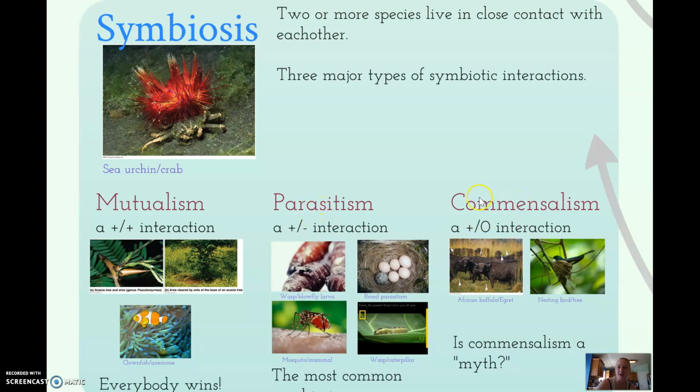And then commensalism is really interesting. It's a plus-zero interaction, which means one organism benefits and one does not experience anything at all. It's not hurt. It's not benefited in any way. So we're going to go through some examples of these. So let's start out with